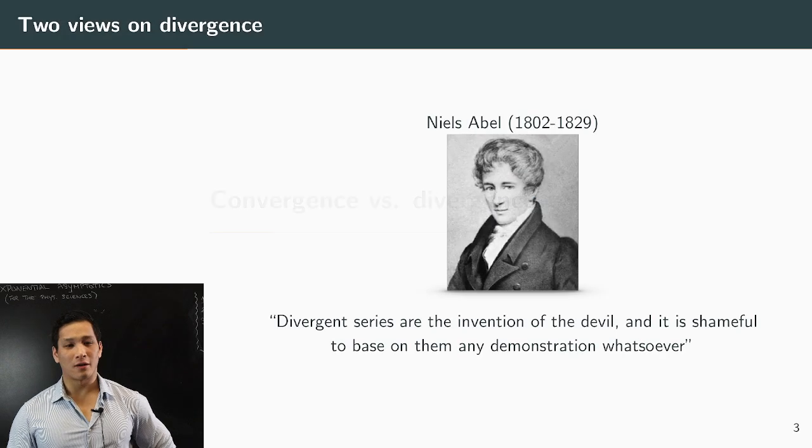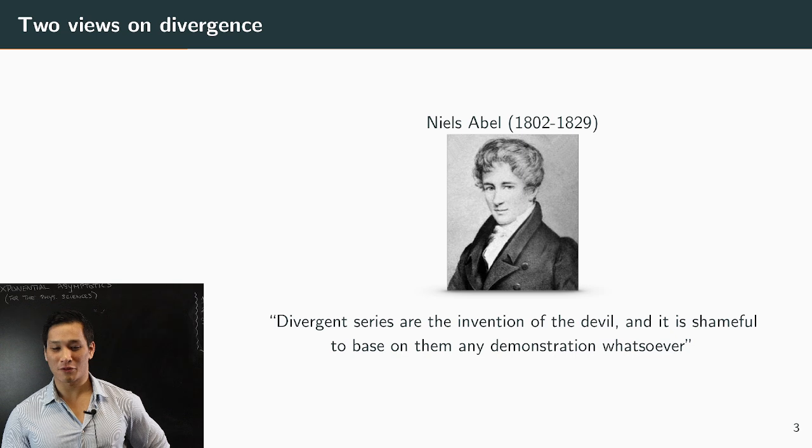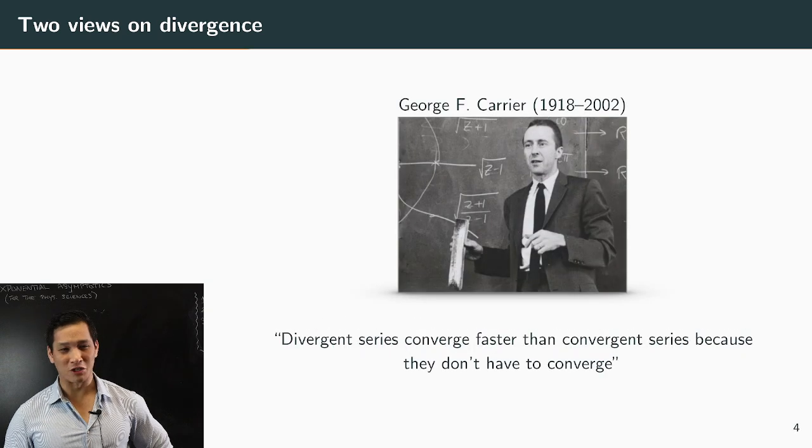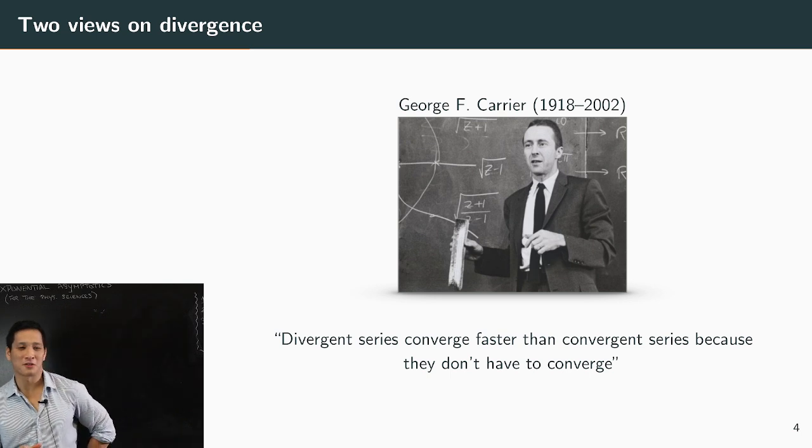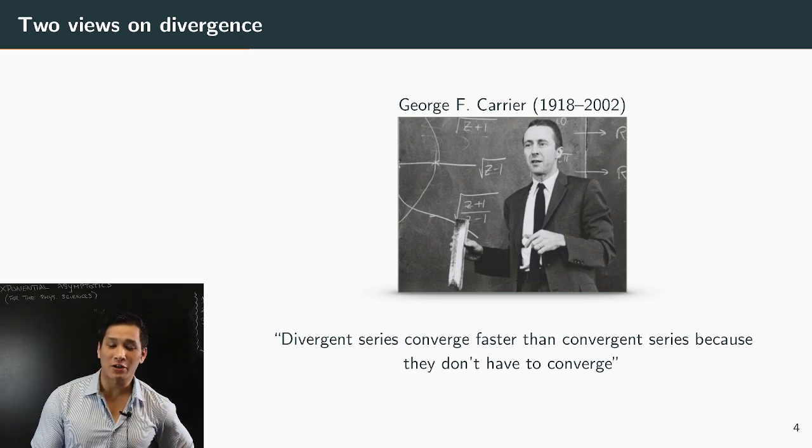And this presents us with two interesting perspectives about convergence and divergence. The classic one of the Frenchman Niels Abel that I talked about last lecture: divergent series are the invention of the devil, and it's shameful to base on them any demonstration whatsoever. Right? The pure mathematician's view, and then somewhat humorously contrasted with the applied mathematician's view: divergent series converge faster than convergent series because they don't have to converge, right? And so this is a bit tongue-in-cheek, but it actually does capture